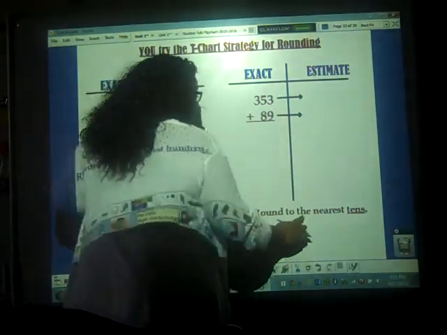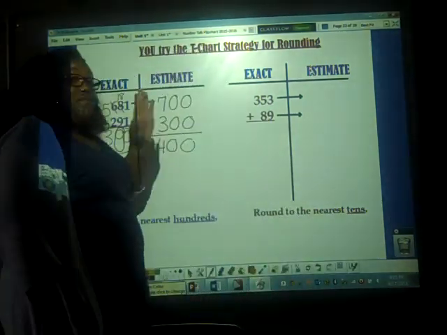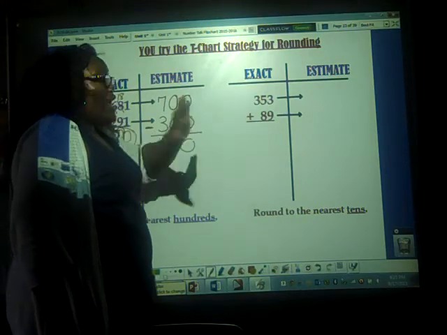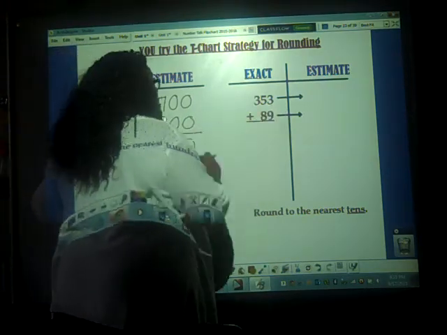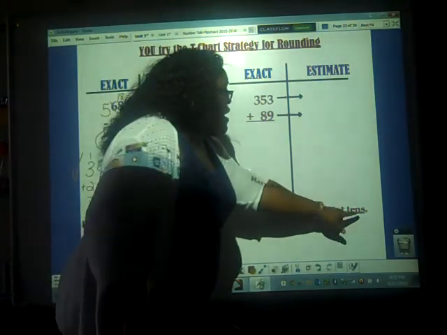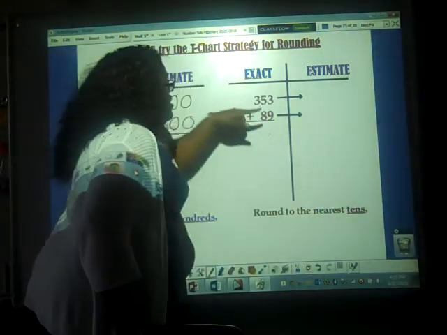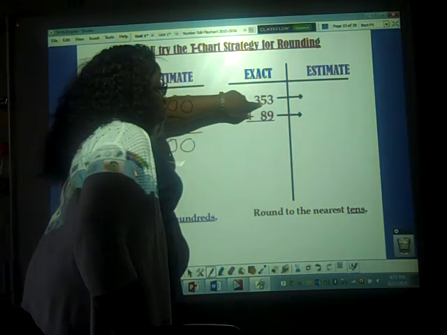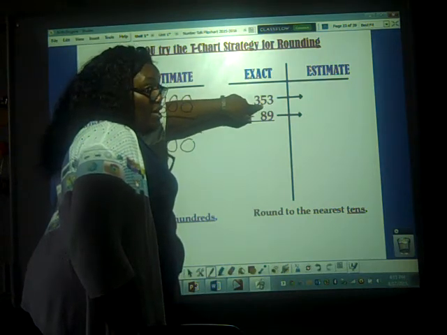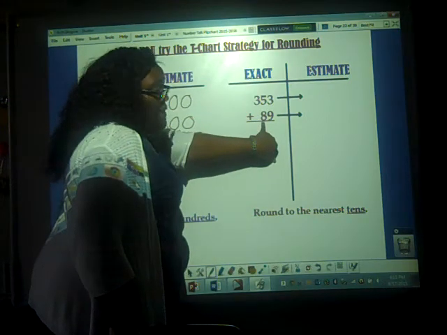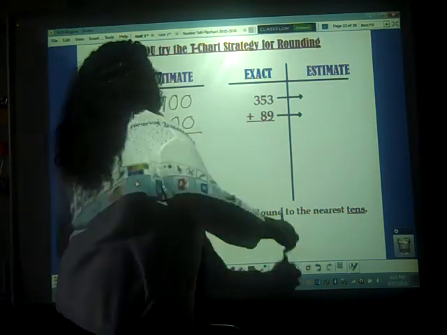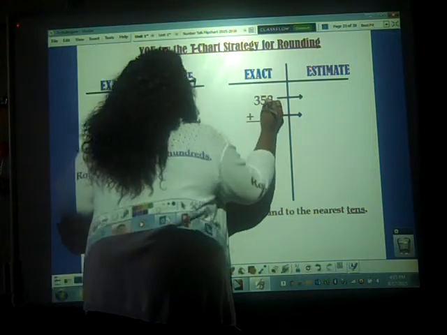So now you have to round this to the nearest tens. So you guys, if you haven't done so already, pause the video, go ahead and round this to the nearest tens. Remember, find the place value they're asking you to round to. If they tell you to round to the nearest tens, you're going to find which number is in the place value of tens in the first number, and then which number is in the place value of the tens in the second number. So we have